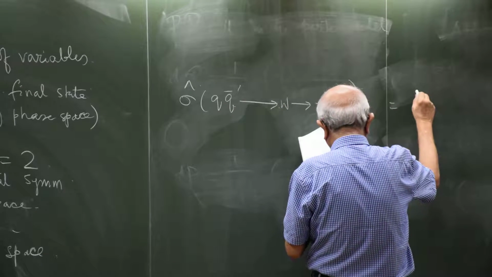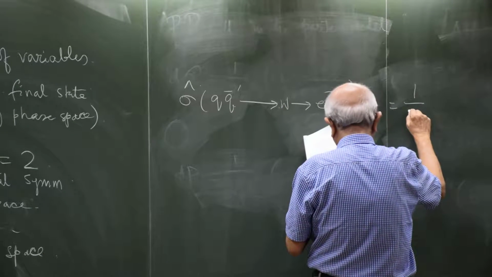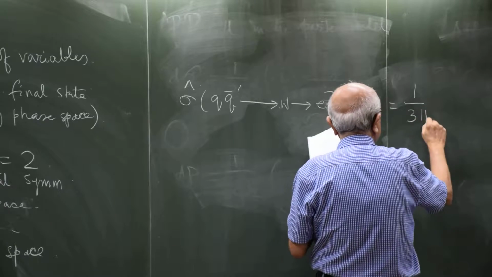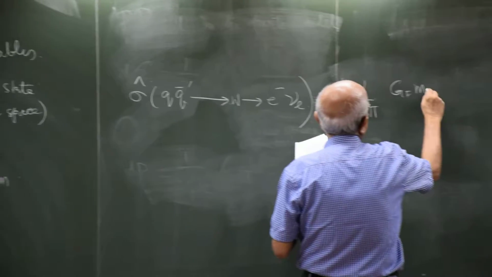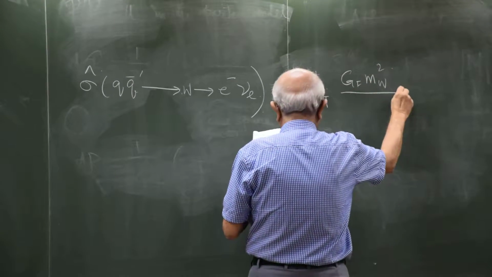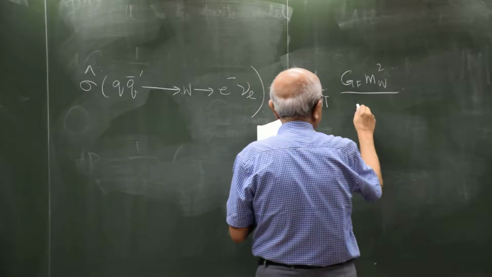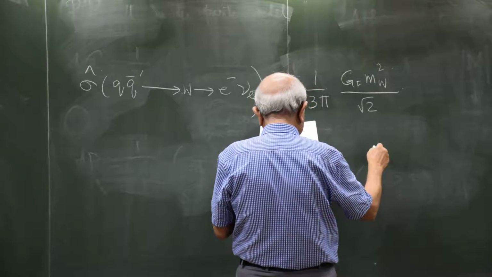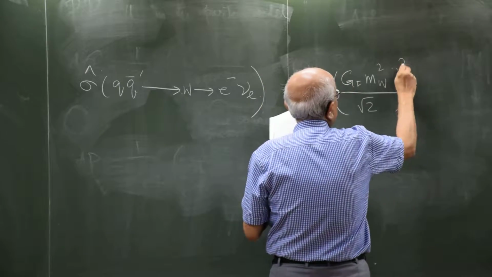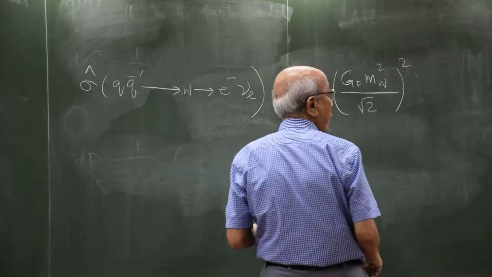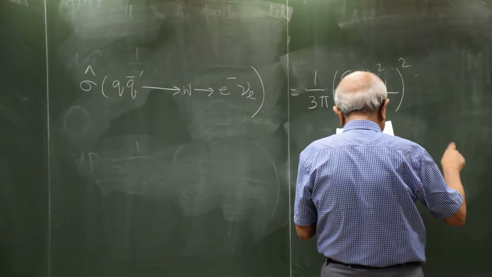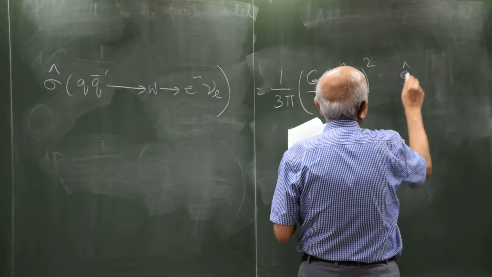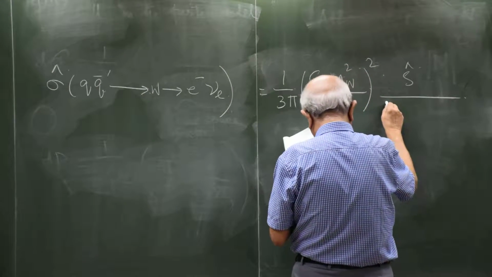And let me simply write the result. This will be 3 pi and then GF times MW squared, the whole thing squared. Oh, no, I didn't do this. I kept those things alright. Then s hat and